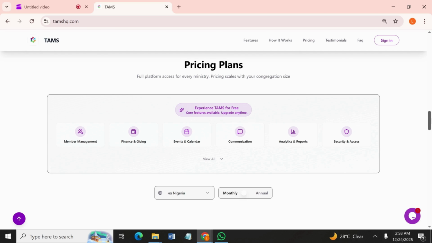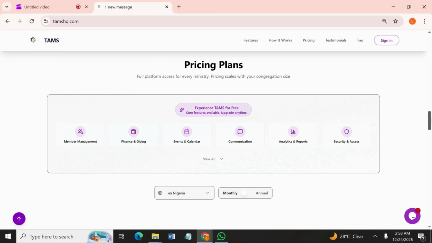So with the free plan, you only have access to the SMS. The email and the WhatsApp are only available for the paid plan. And with the paid plan, they are free. You don't pay for WhatsApp, you don't pay for email. Even on the paid plan, SMS is pay as you go, but you have access to free applications such as WhatsApp and email.